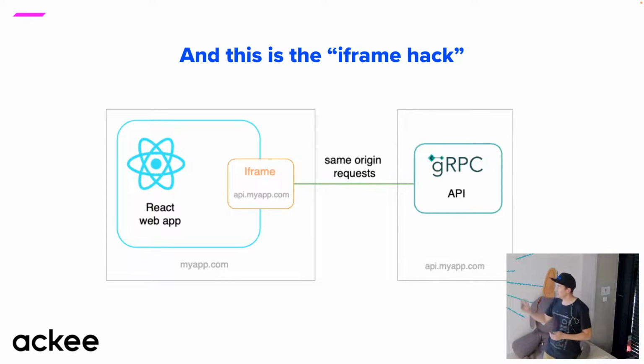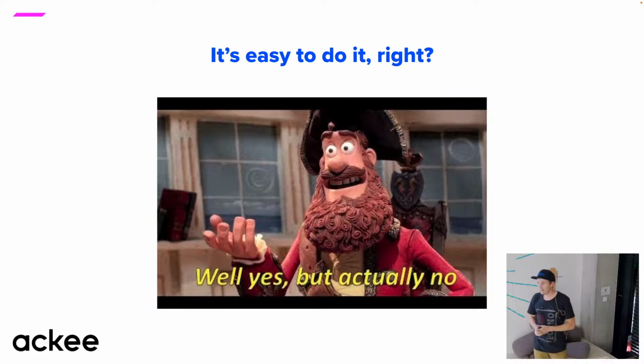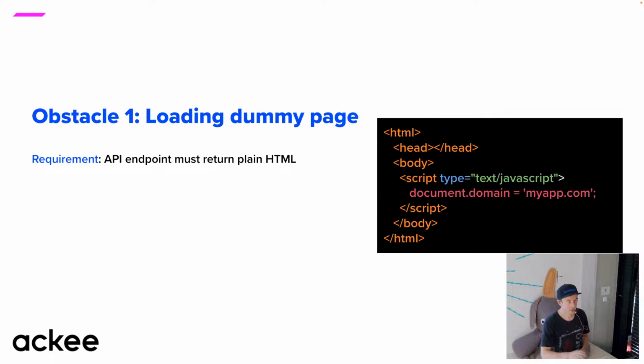So the architecture looks like that. That is the design of the solution for our problem, and it looks simple, right? What can be wrong with that? You are in the gRPC world, and nothing goes easy when you deal with it. So there are problems. The first obstacle we had to solve is how to load the dummy HTML in the iframe, especially how to get it from the API, because as you already heard,